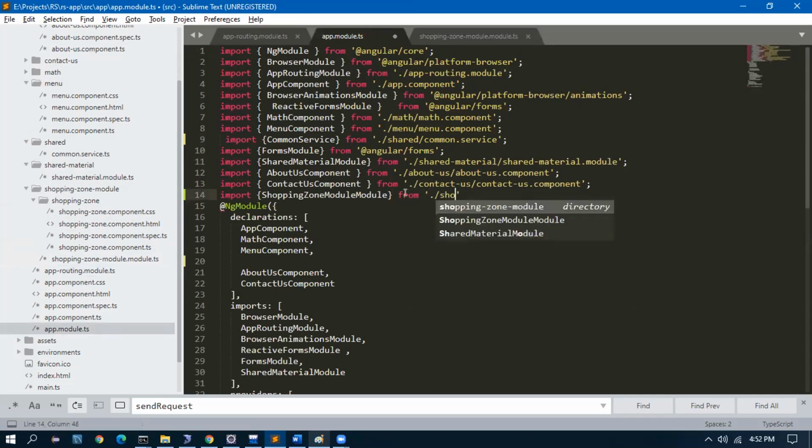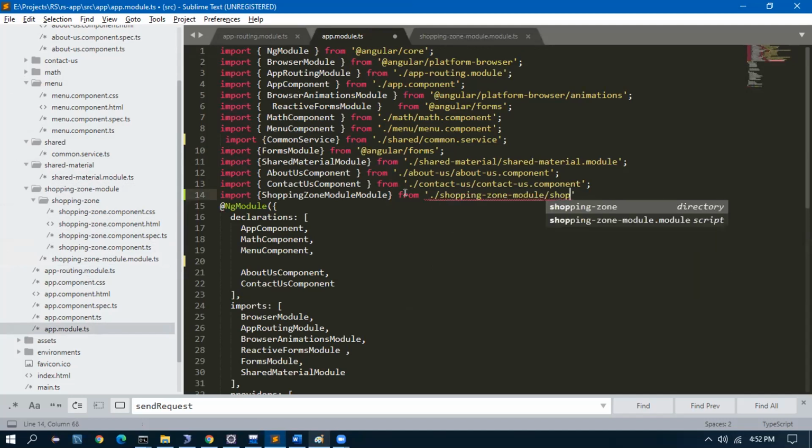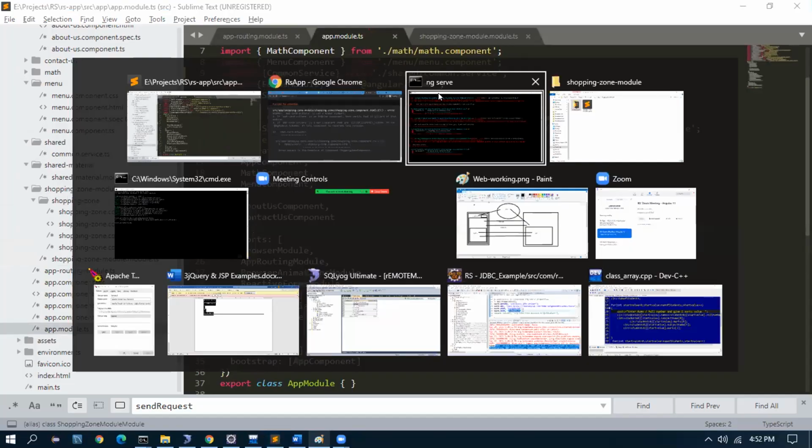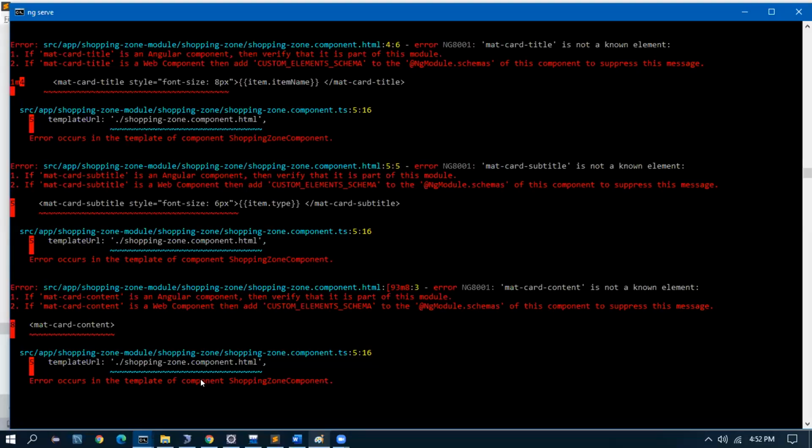So where it is, shopping zone module slash shopping zone module dot module. That's the file name. And I have to import this in the module section. Now let's go back and see. Shopping zone component is line number 5.